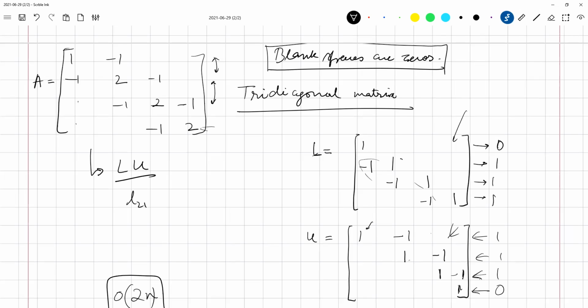So in any tridiagonal matrix, you will get something similar to this form. L will obviously have ones in the diagonal locations, but these will not be minus ones. These will be different values. And similarly, you will not have ones over here and minus ones over here. You will have different values. But every other element is going to be 0, which is shown as 0 over here, if you have a tridiagonal system that you are trying to decompose.